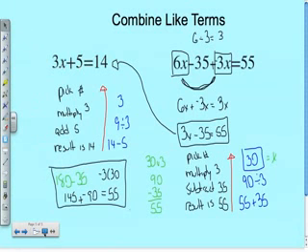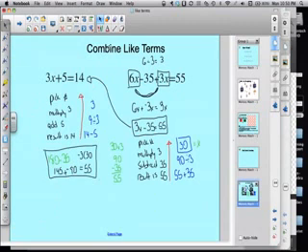I'll use my fancy dancy calculator. 180 minus 35 is 145. We get 145, and then we're going to add, we know we have negative 3 times 30 will give us negative 90. So 145